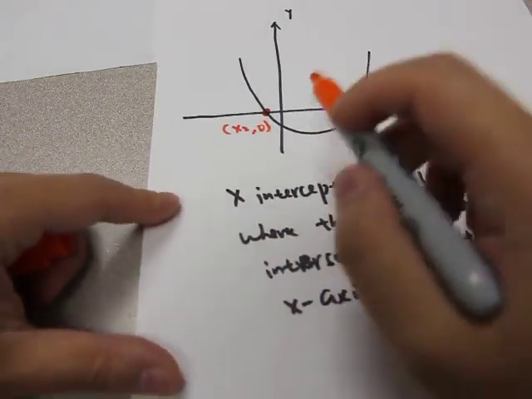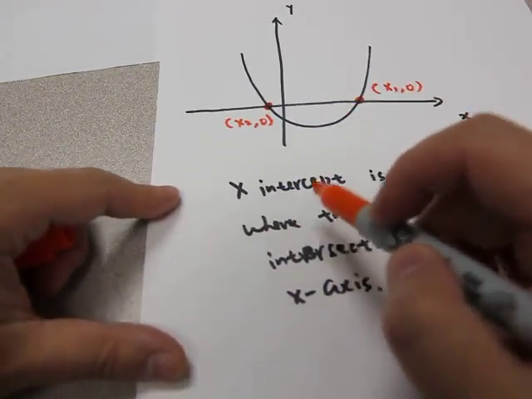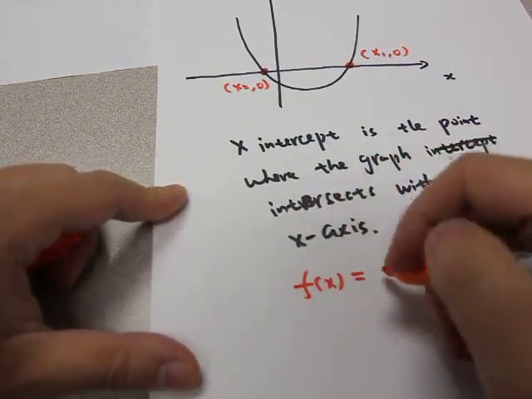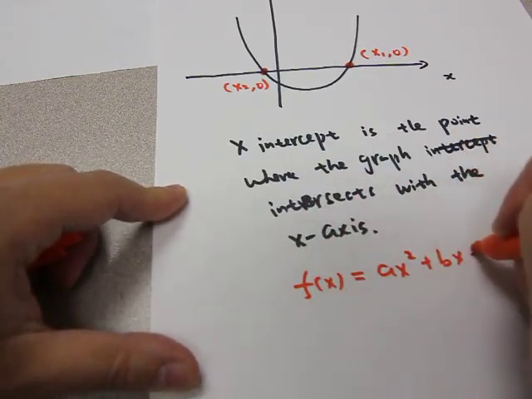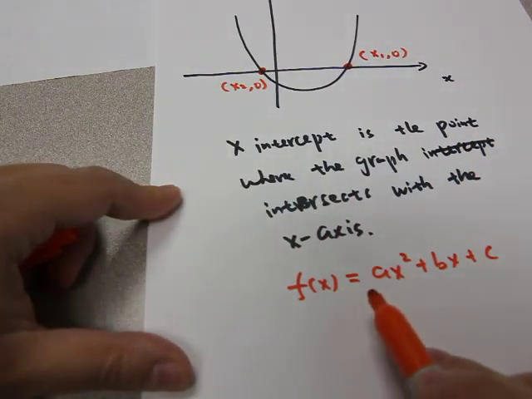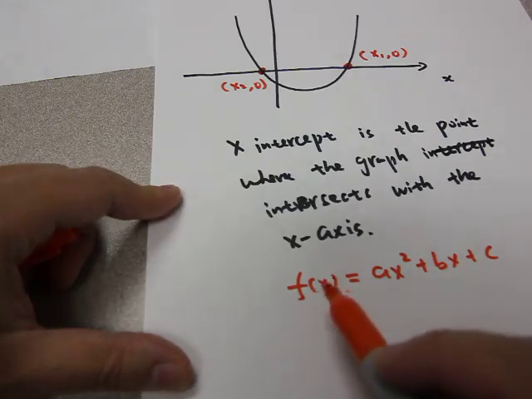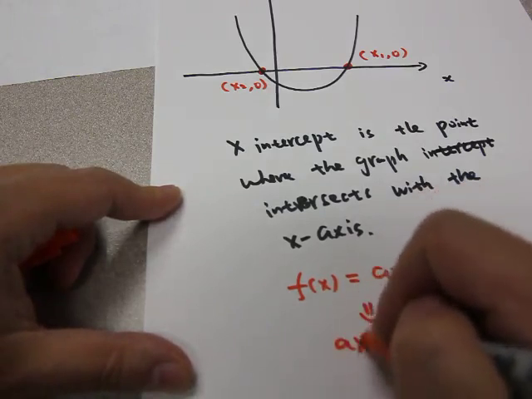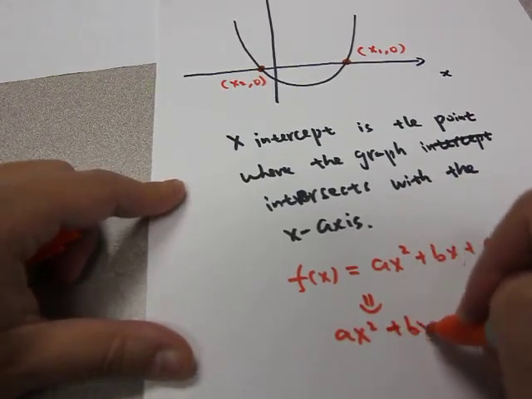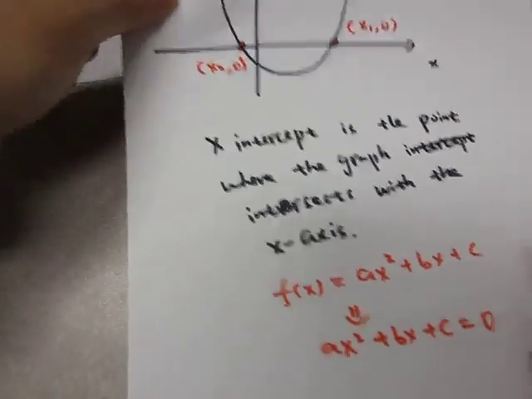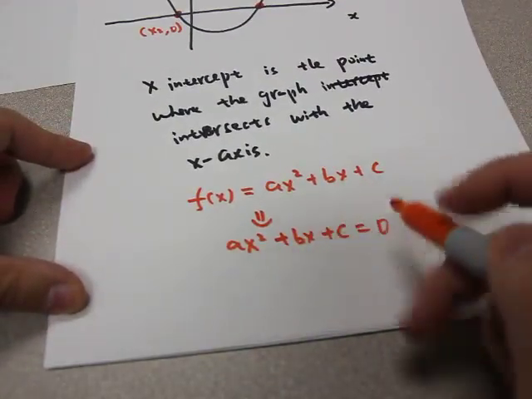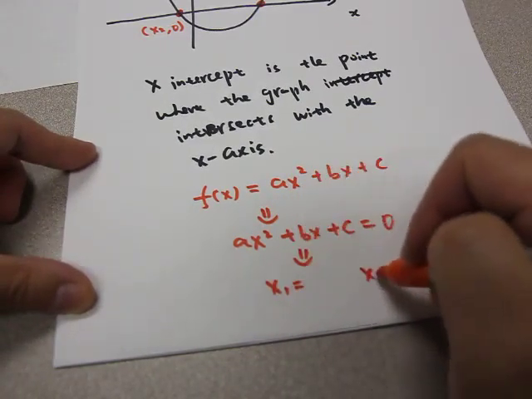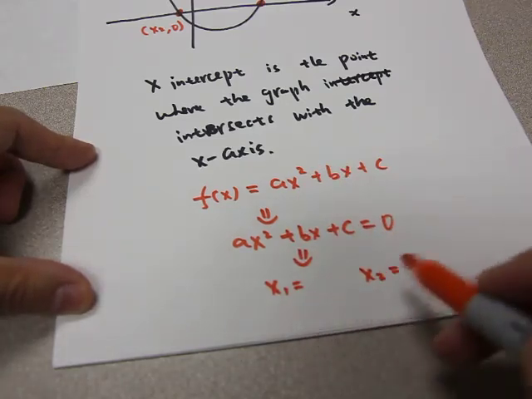So in other words, when we are looking for the x-intercepts of a quadratic function, what we need to do is to replace f(x) by 0 and to solve this quadratic equation. And the solutions of the quadratic equation, x1 and x2, will be our